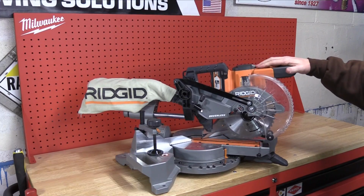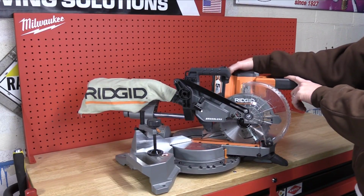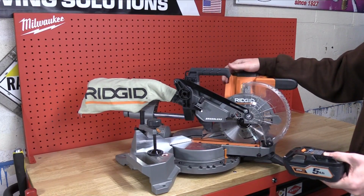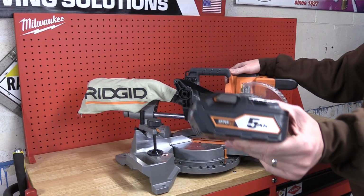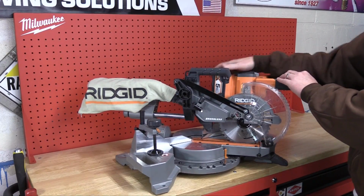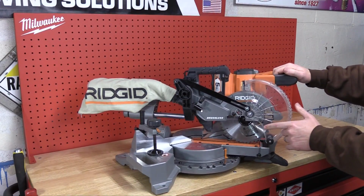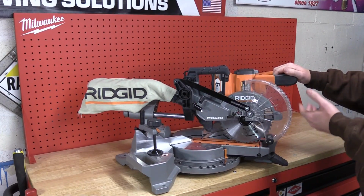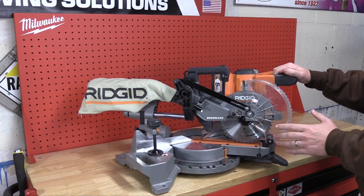Number 3 is the RIDGID Gen 5X 18-volt brushless dual bevel sliding compound miter saw. This is a very compact and lightweight unit using only one 18-volt battery pack in order to operate it. And because it is part of RIDGID's 18-volt lineup, whether you have a high capacity pack like this or a compact pack, they will power it exactly the same way. It is using a standard 7 1/4 inch circular saw blade, which is not only very cheap, it's also very efficient because the